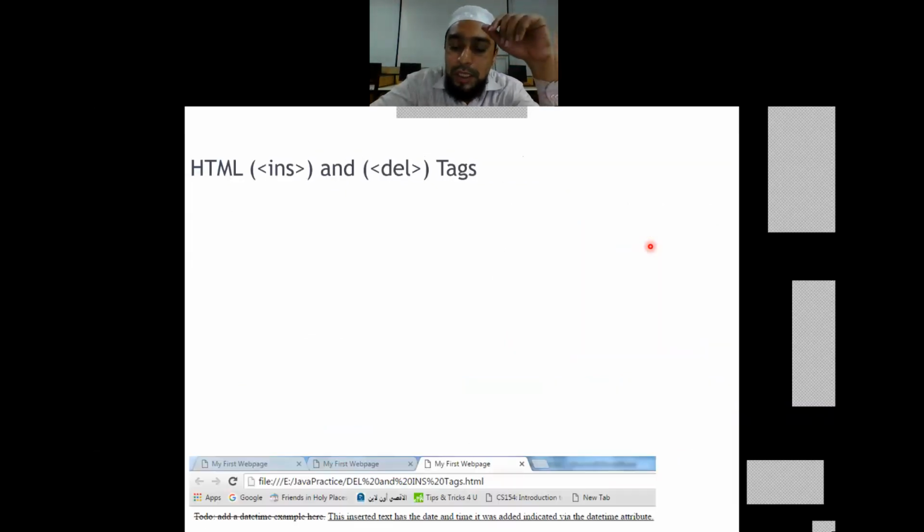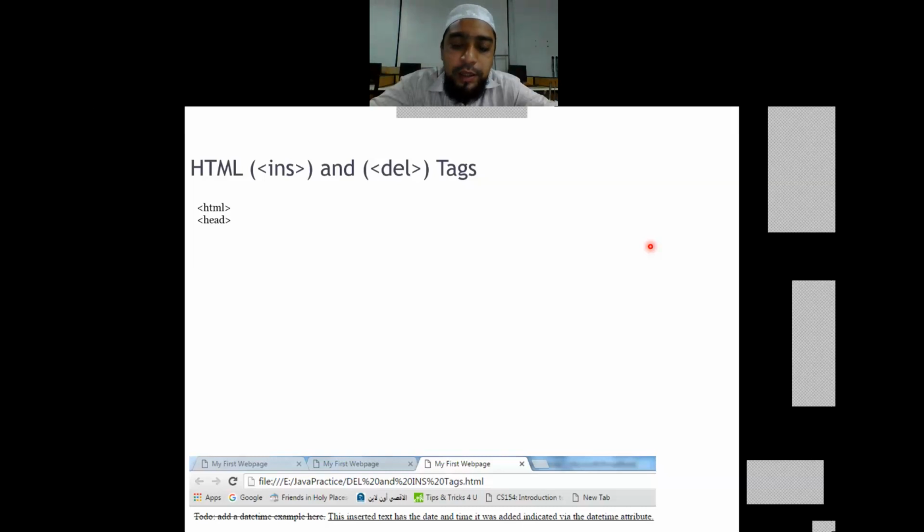Then we have got two more tags. I think I have already covered it for one of the shifts. Remember for which shift I covered. One is insert, another is delete. These two tags are usually used for e-commerce websites and also for those websites which want to track when a content was displayed on the web page and whether that content is still valid or not.